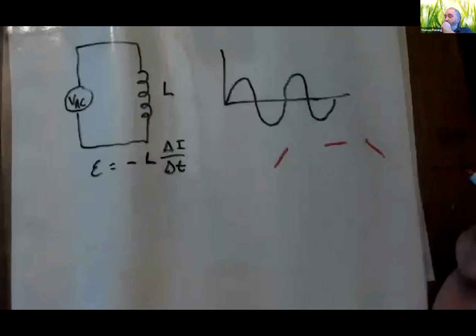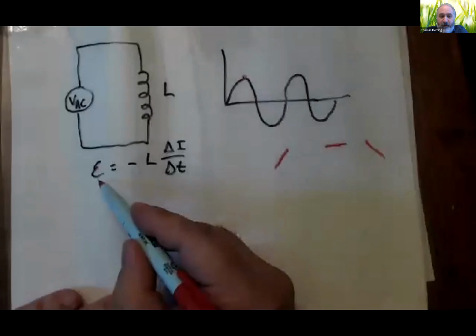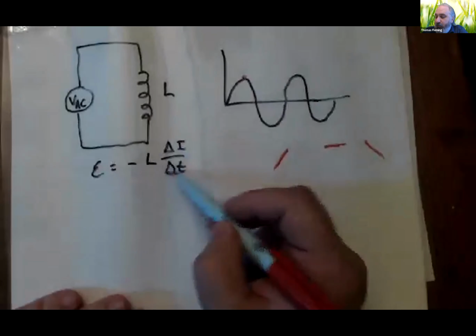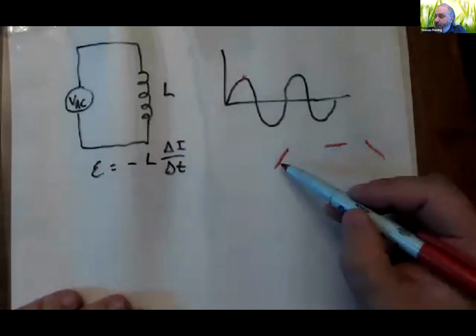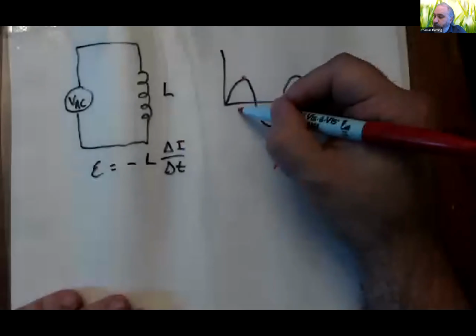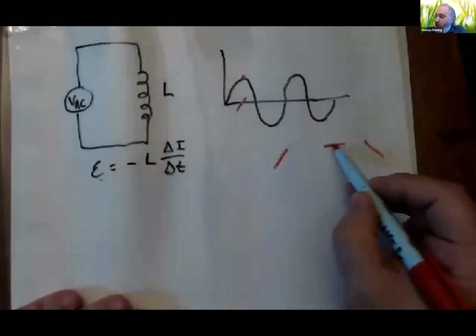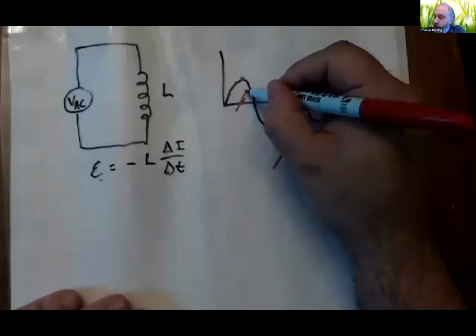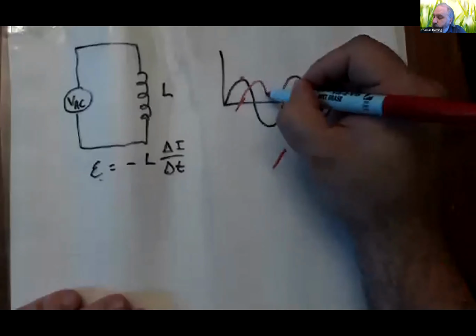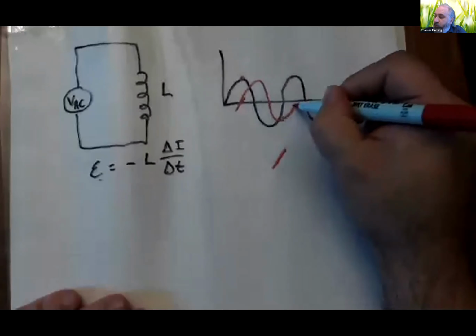So think about it this way. When I look at this peak right here, that peak has the voltage being really, really big. But that tells me that if the voltage is really, really big, the slope of my current graph has to be really, really big, which means my current graph is going to have to be super slopey. Does that make sense? But right here, the voltage is zero. When the voltage is zero, the slope's got to be zero. That means that my current graph has to be flat. Here, big and negative, big and negative. Here it's zero. And so what you see is that I get